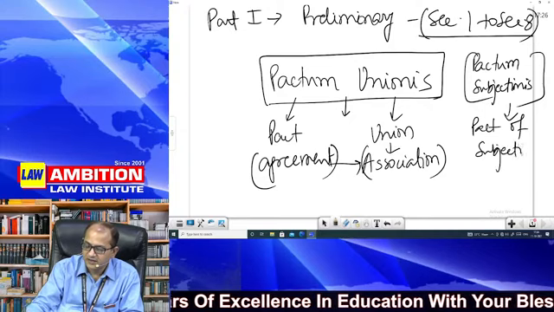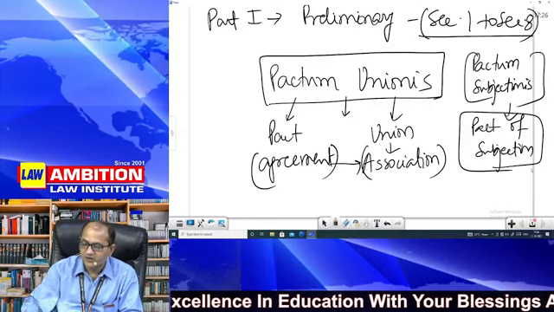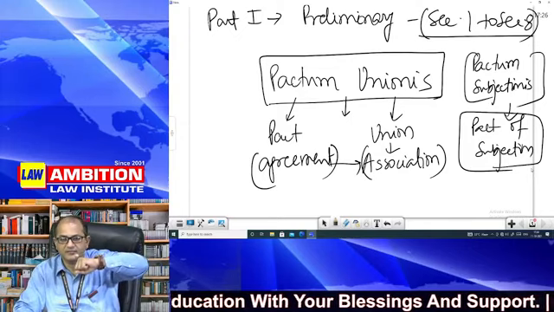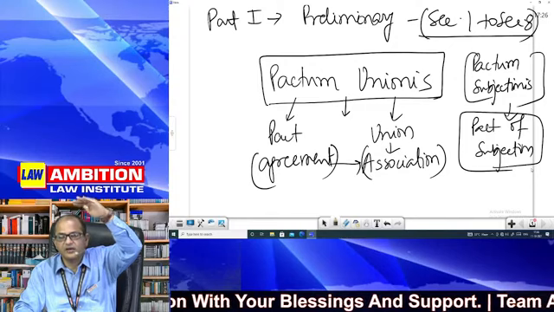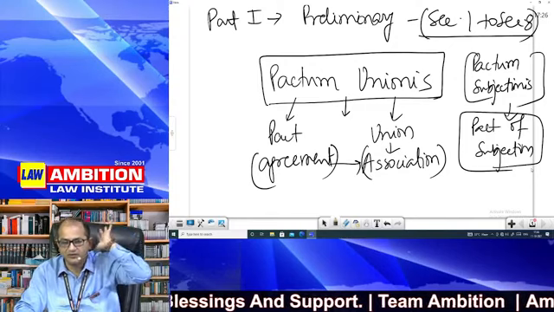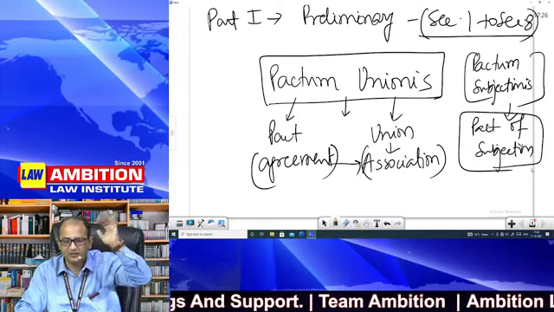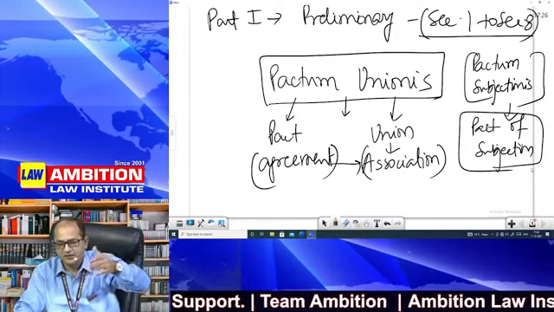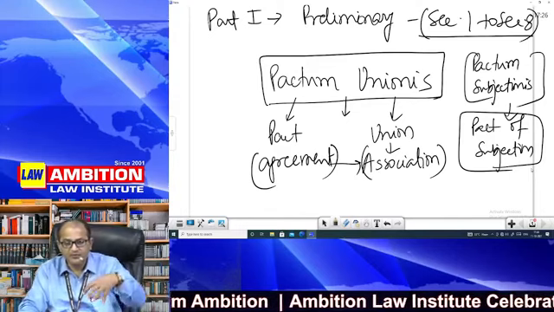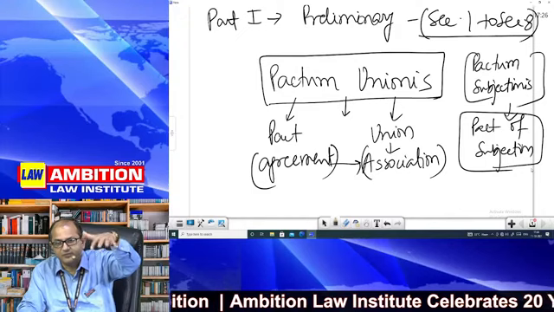That we created an authority who will sit above us and we will be subjected to them. We will follow them. So that is how the concept of governance or government or sovereign came into existence. That is the initial phase of how this structure came into existence. So pactum subjectionis is basically a pact of subjection,